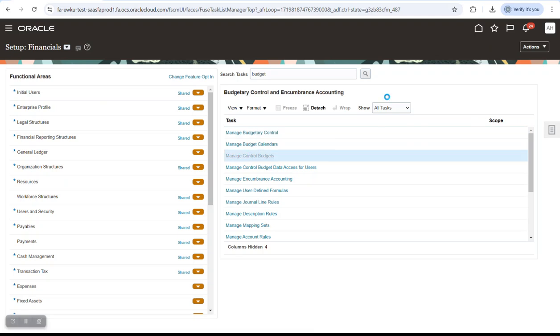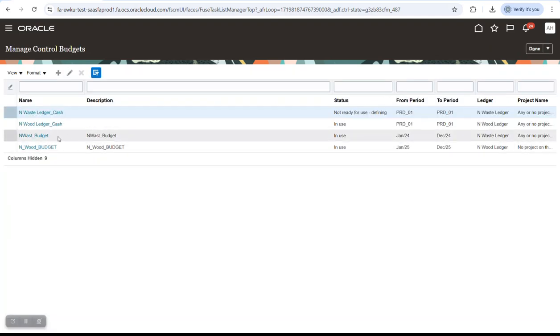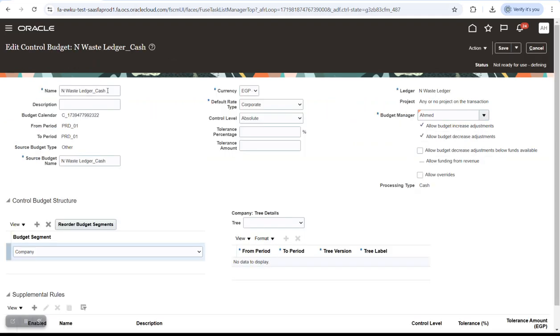The second one is manage control budget. In manage control budget, you will find this is created by the system. The status is not defaulting for use. You can open it and just complete the description and name. As you see here, this is from period to period; as I told you before, the system by default creates only one period. What is the currency, the rate,